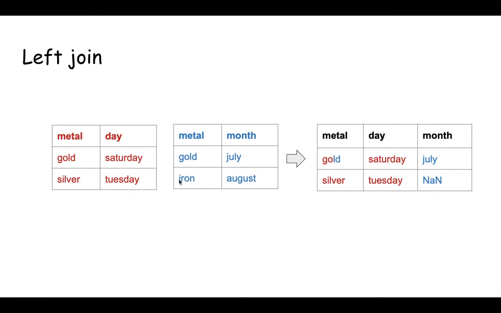Iron is ignored because it's not present in the left table. Okay,